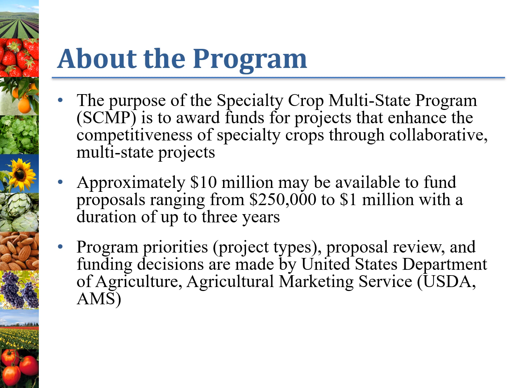This program is specifically seeking collaborative projects where participants in more than one state play a significant role in the project. There is up to $10 million available for SCMP. USDA may not award the full amount, and any remaining funds will roll over to the next solicitation. Unlike the block grant program, virtually all decisions are made at the national level, including the program priorities or project types, type of information required in the application format, and the funding decisions.